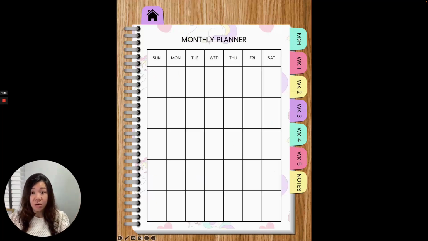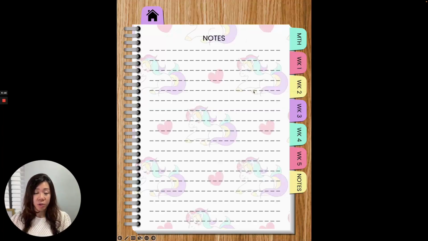Same thing, if I click on the month tab, it brings me to the monthly planner. Week 1 brings me to week 1. Notes brings me to the notes section. So the hyperlinks work. The hyperlinks work when you export from Canva to a PowerPoint file. But